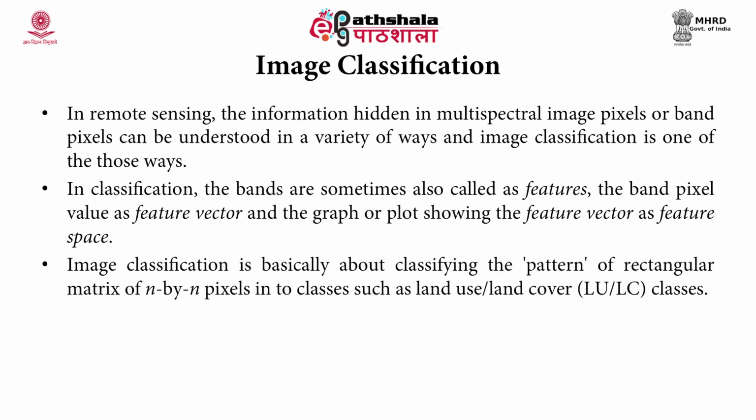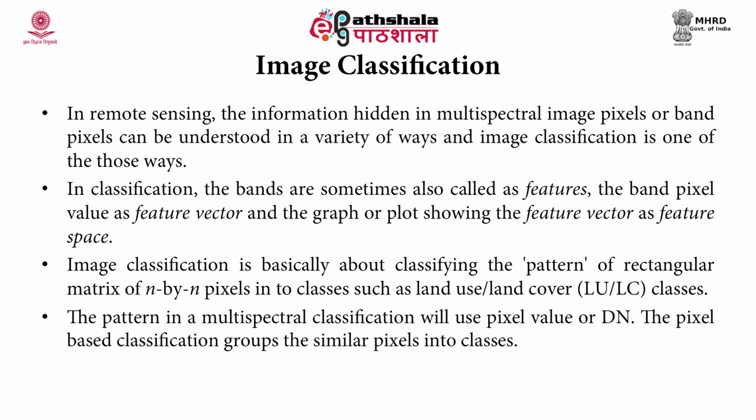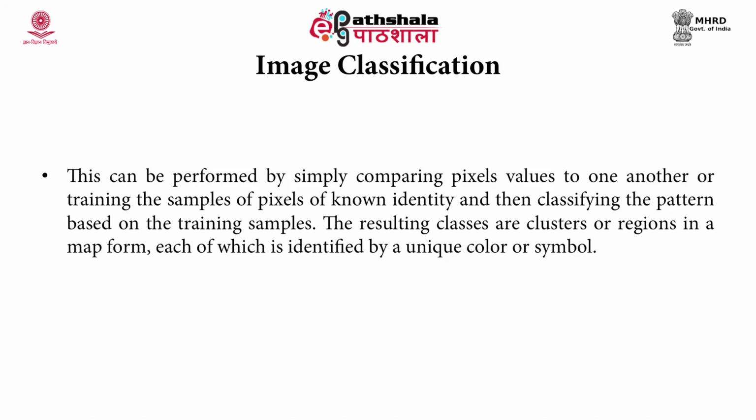Image classification is basically about classifying the pattern of a rectangular matrix of n by n pixels into classes such as land use, land cover classes. The pattern in a multispectral classification will use pixel value or digital number. The pixel based classification groups the similar pixels into classes. This can be performed by simply comparing pixel values to one another, or training the samples of pixels of known identity and then classifying the pattern based on training samples. The resulting classes are clusters or regions in a map form, each of which is identified by a unique color